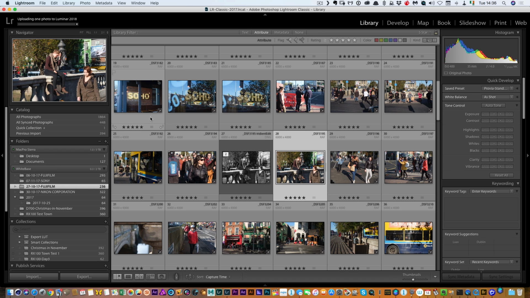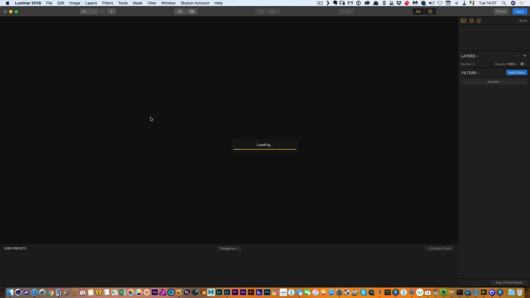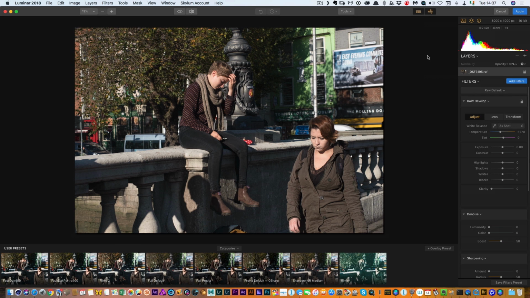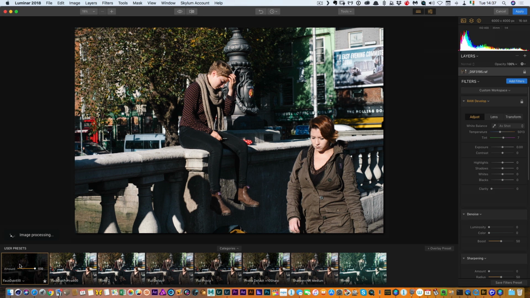There is a difference when you do this, and this is quite important to note, because it activates Luminar as a plugin. When you do that, instead of giving you the save options and the options to export your images, you get a button up here that says apply, as you can see in the top corner of the screen. When you click on that, it will send your image back to Lightroom. So again, let's give this a second to load. Okay, and again, let me just apply a preset so that we can see it's actually done something before I send it back. So if I hit apply up here,